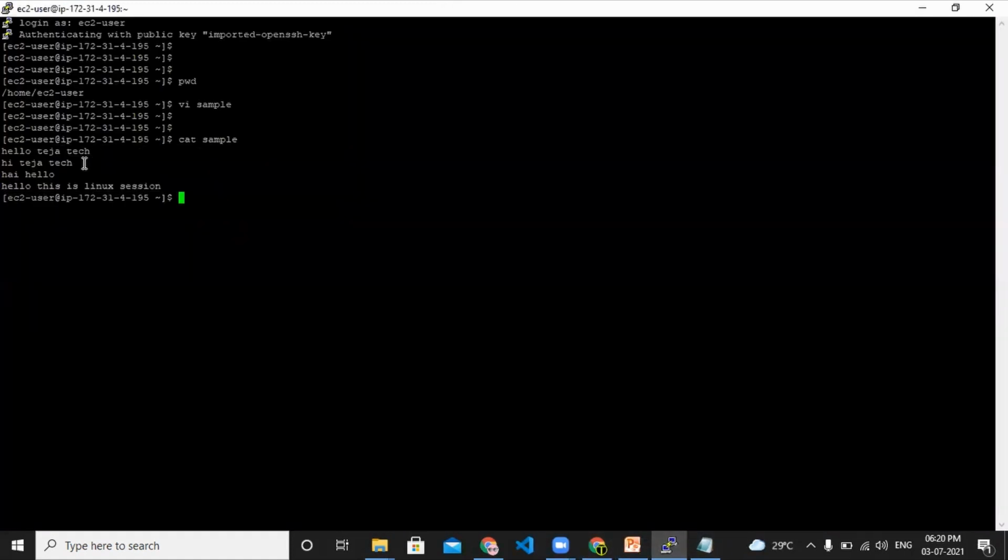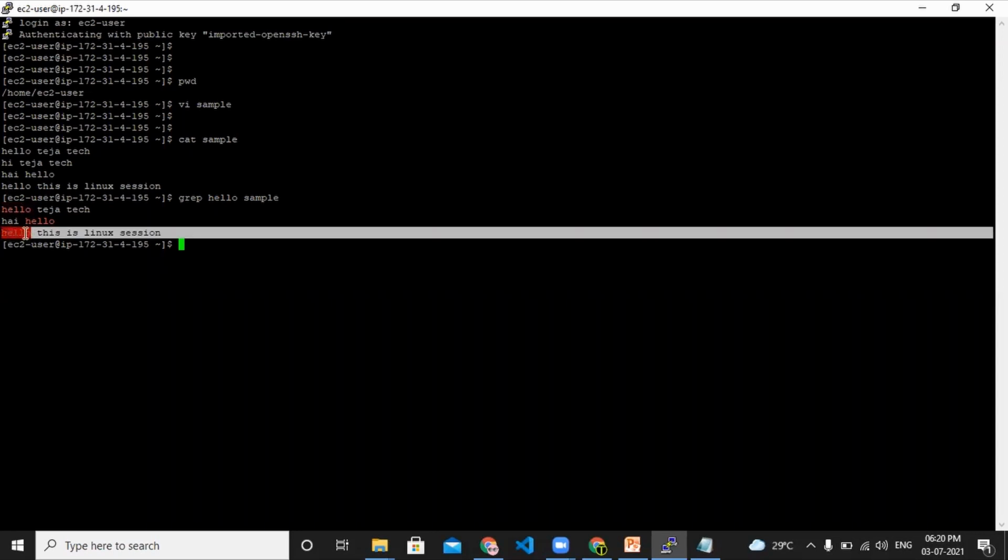If you want to view hi or hello, I can say grep hello in a file called sample. I am grepping this particular word, hello, in the file sample. You can see it fetched hello in the first line, highlighted in red, and the second line also, hi hello, and the third line also.